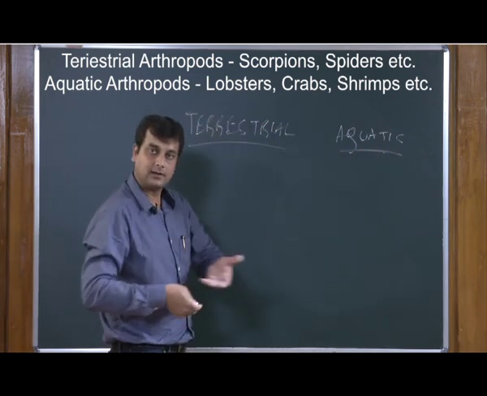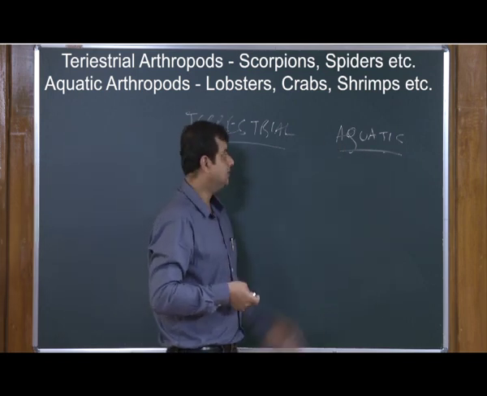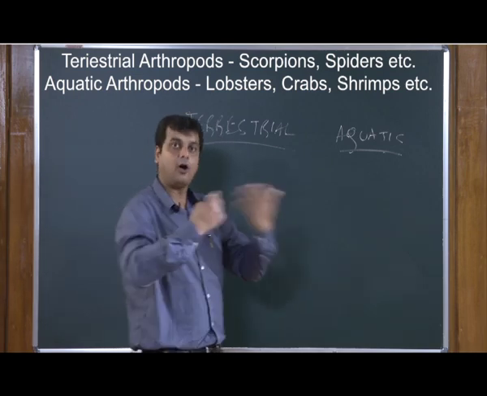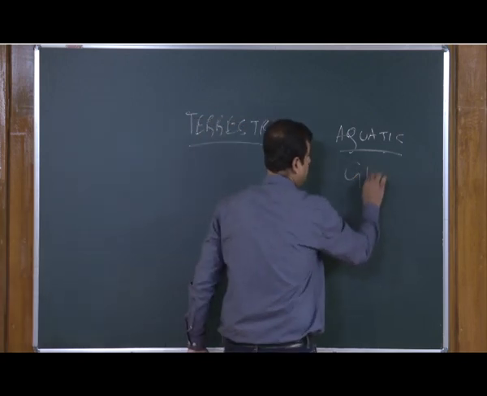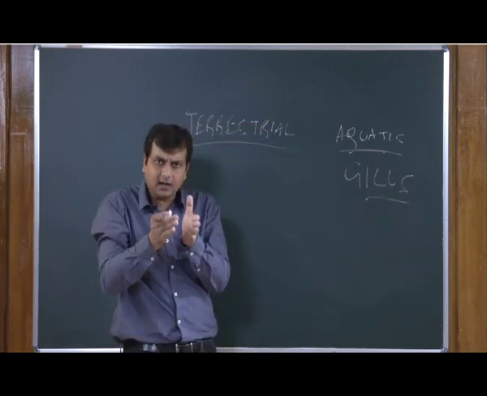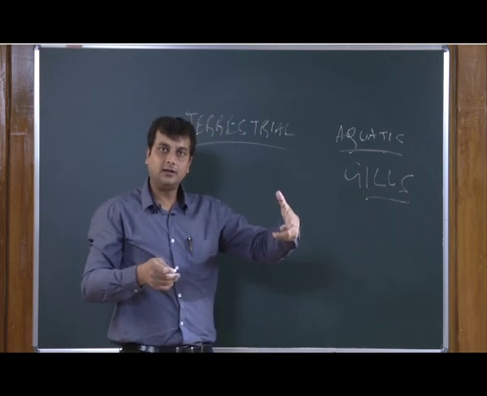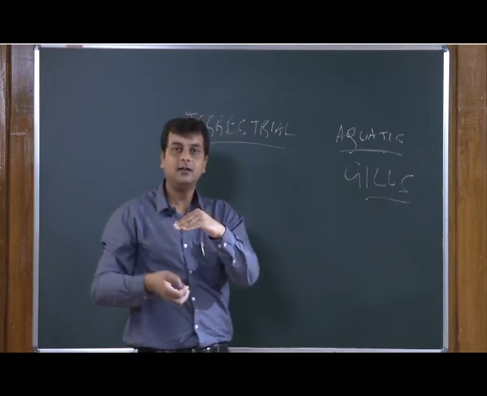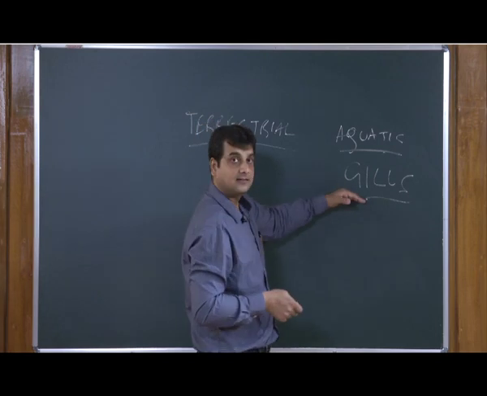Terrestrial means someone who can survive in land condition, and aquatic means someone who can survive in water. To sustain the aquatic mode of life, these organisms evolved in such a way that they have a very specialized structure called gills. Now, gills are very specific. There are varying numbers of gills. So, the oxygen dissolved in water, or gaseous elements dissolved in water, passes through the gills, and through the passage the gases are exchanged in these gills.